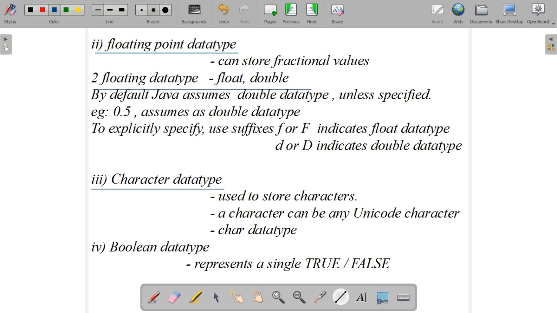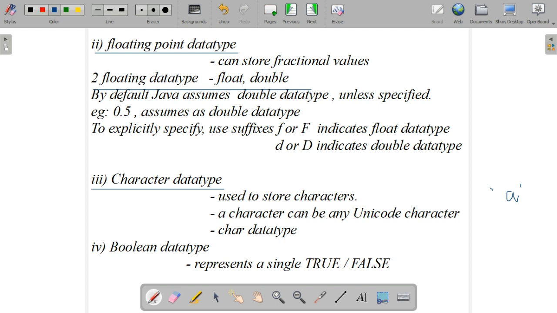Next one is the character data type. Character is used to store characters. We have learned what a character literal is: the data given within single quotes. If we are giving it inside single quotes, it is the character data type. Is it like this we can give? Yes.